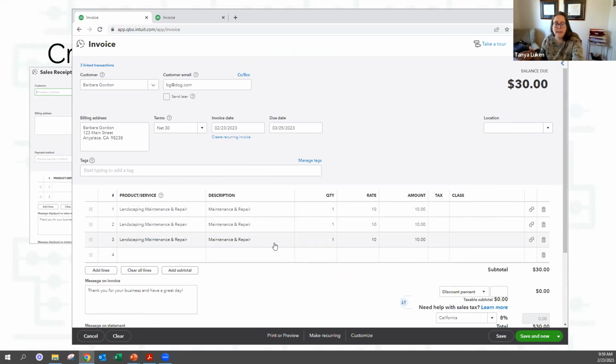There's other ways to track time, but this is an excellent way to alleviate, because sometimes doing the billing to our clients at the end of the month is a huge pain in the butt, and it's very time consuming. So this is a way that you could do a little bit every day instead of having to do it all at the end of the month.